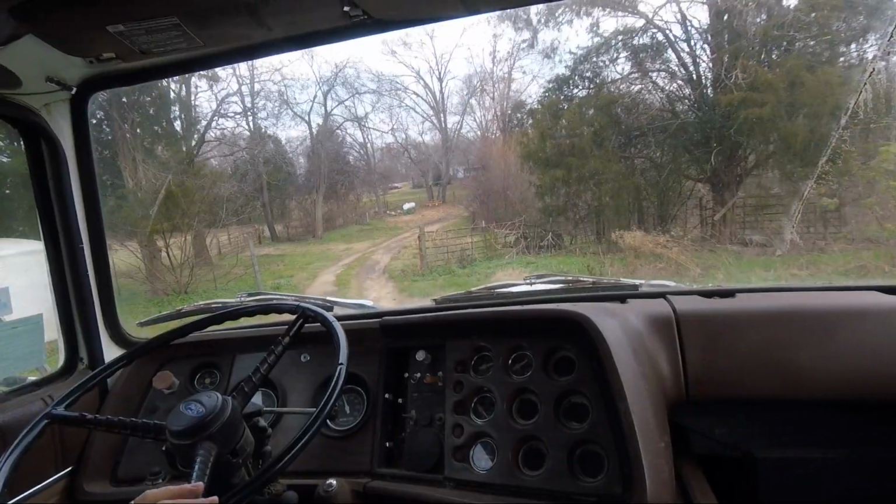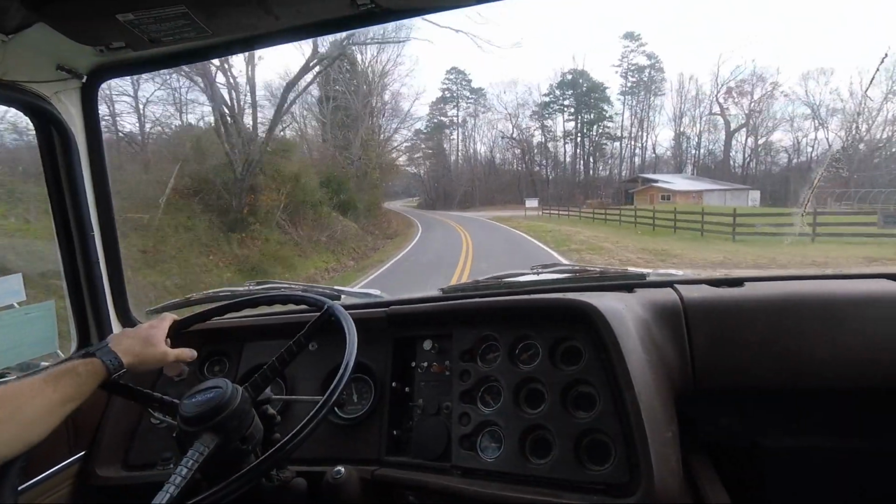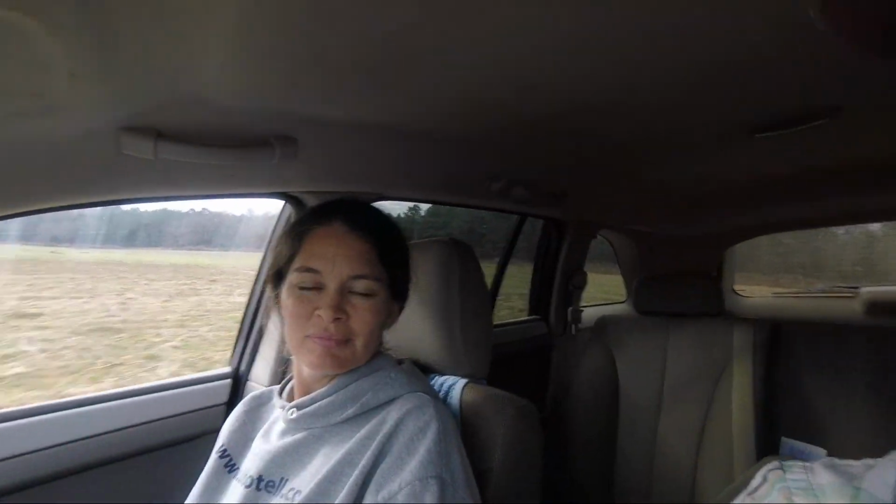Piece of a load left over. It's unfortunate the elevator's not open today, but it is what it is. If nothing breaks down, I'm gonna try to get some other trucks to fill up this afternoon, and Lord willing, we're gonna finish this. So I took the dump truck home and got my escort service to